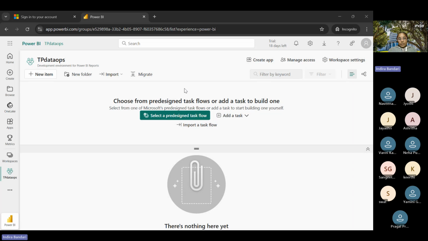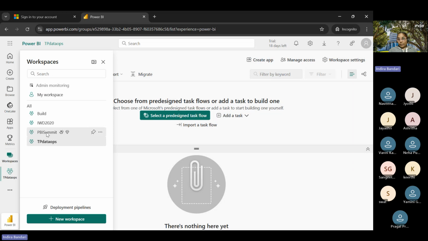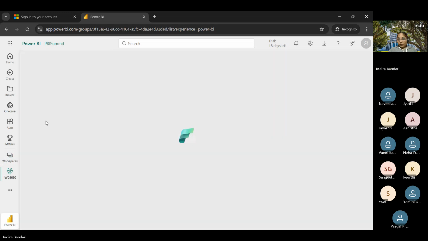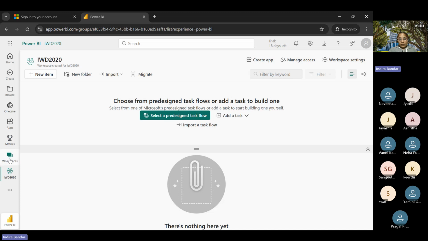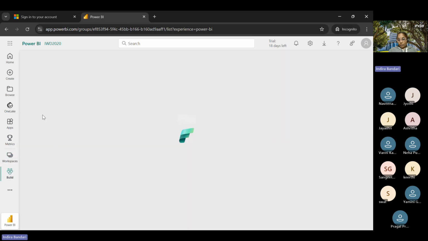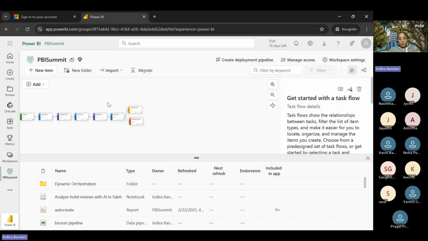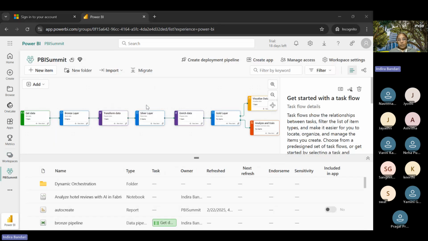Now, another capability that I wanted to show you is creating an app. Let me see whether I have an app somewhere. I don't have anything here, so I can't even use it. Okay, let's do this. There is a workspace which is actually a Fabric workspace. So if I create an app here,